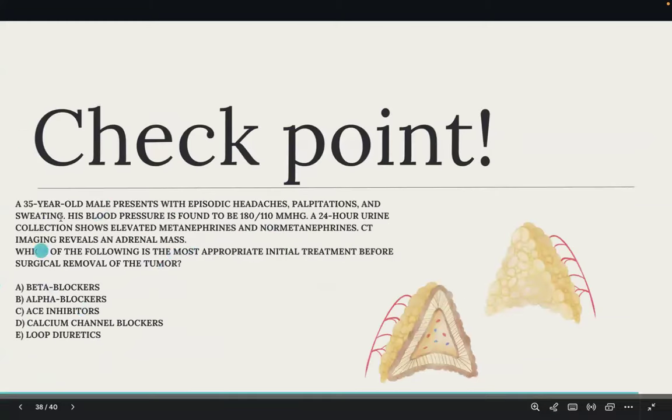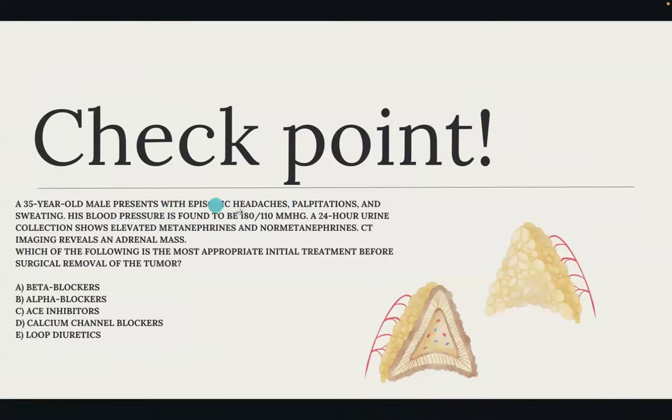Again, another checkpoint. So his blood pressure, episodic. Again, look, this is the keyword: episodic headaches, palpitations, and sweatings. They're the 5 Ps we spoke about. His blood pressure is found to be 180 over 100, 110. A 24-hour urine collection showed elevated metanephrines and norepinephrines. Again, this is basically going to be your metabolized epinephrine and norepinephrine. And again, when you did a CT, this question is really easy. It showed you directly that there's an adrenal mass. Khalas. After all of these, you must know that this is a tumor of the adrenal medulla